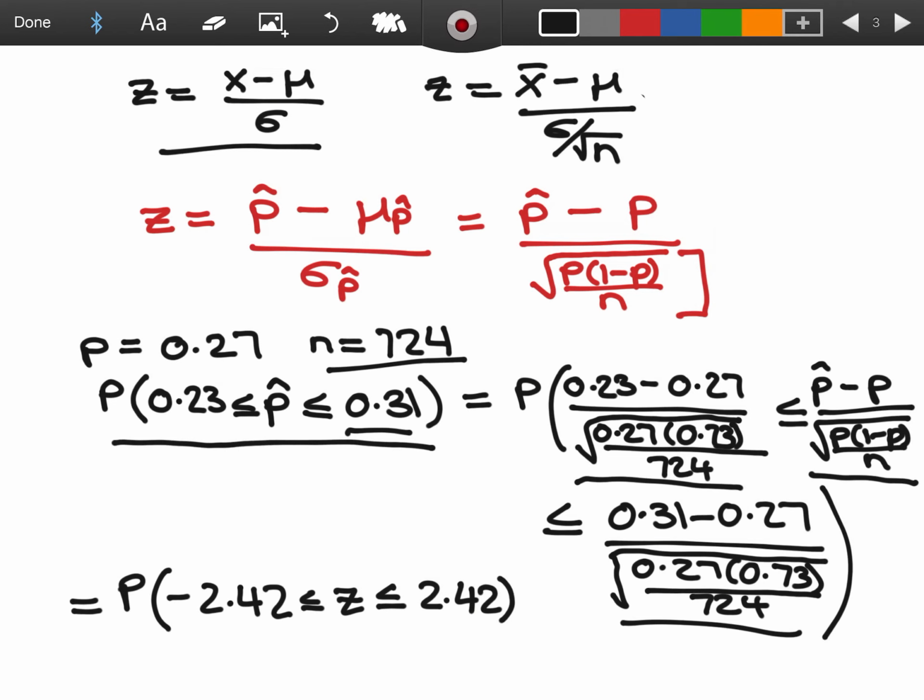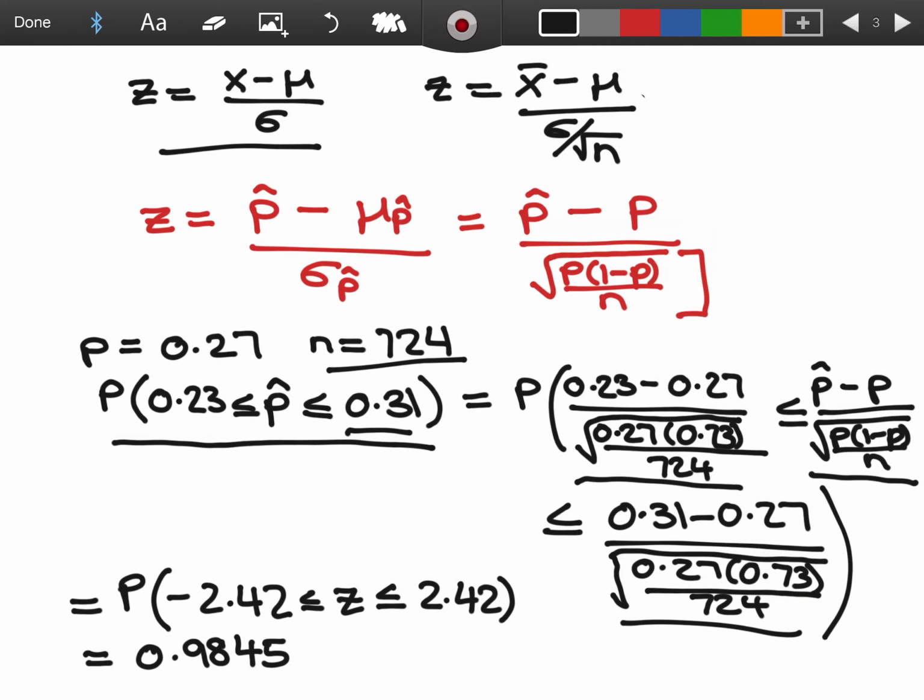What we have done is a z transformation, which takes that normal distribution of our sample proportions and now uses instead our standard normal distribution. So it has taken you from a normal distribution to a standard normal distribution. When we plug it into a calculator, you're going to have normal CDF of negative 2.42 as a lower bound, 2.42 as an upper bound, 0 for a mean and 1 for standard deviation, and you should get